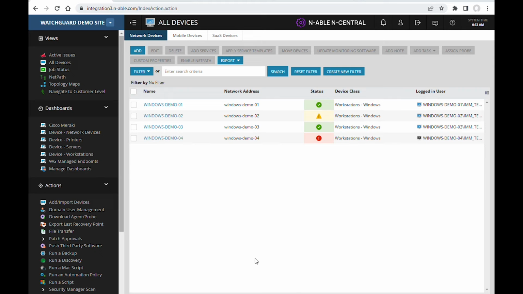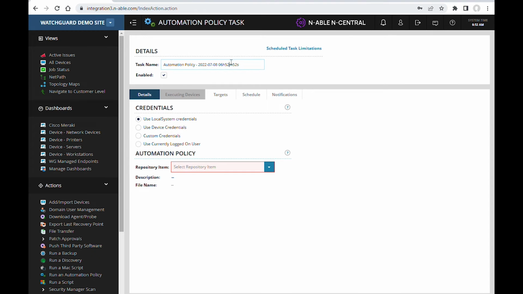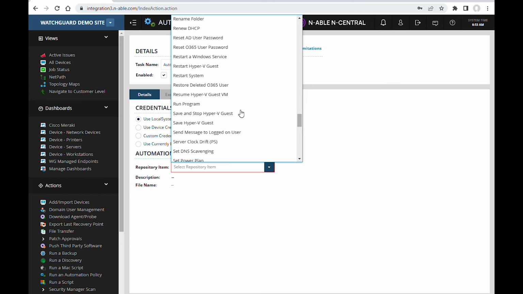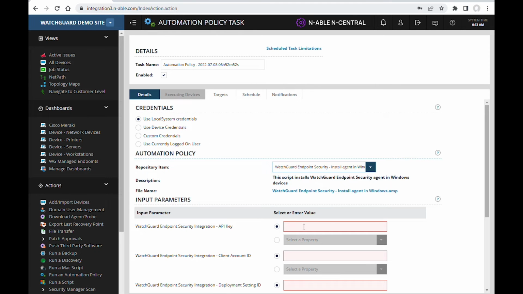Auto-deploy. You can set N-Central to auto-deploy WatchGuard Agent to all Windows devices you manage without any user action needed. You will need to navigate to Actions, click on Run Automation Policy. In the new page that loads, introduce a name, select the repository item in the list that corresponds to the installation of WatchGuard Agent, configure the parameters,